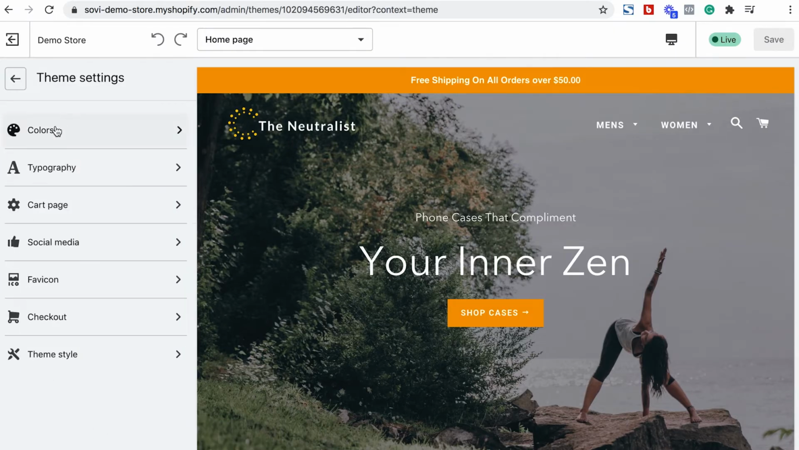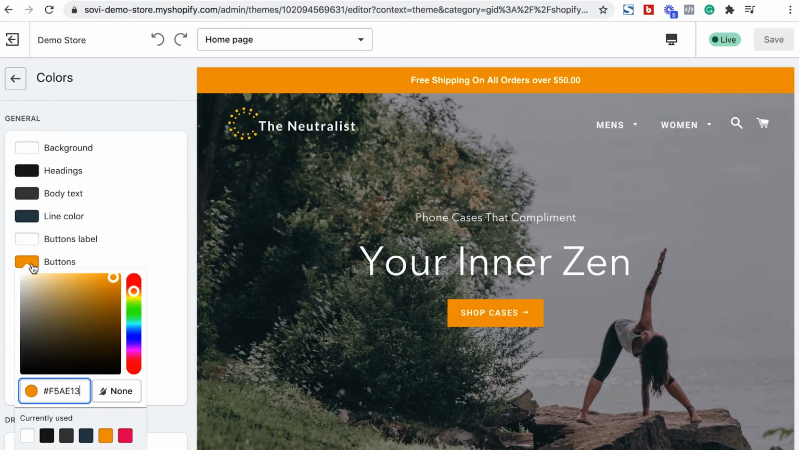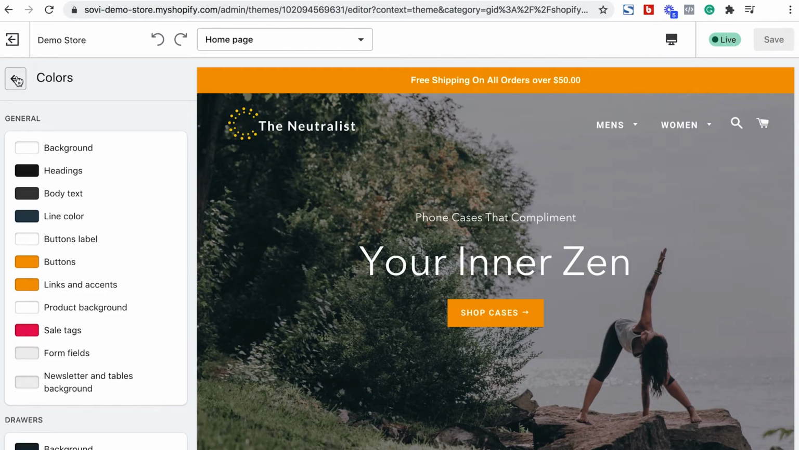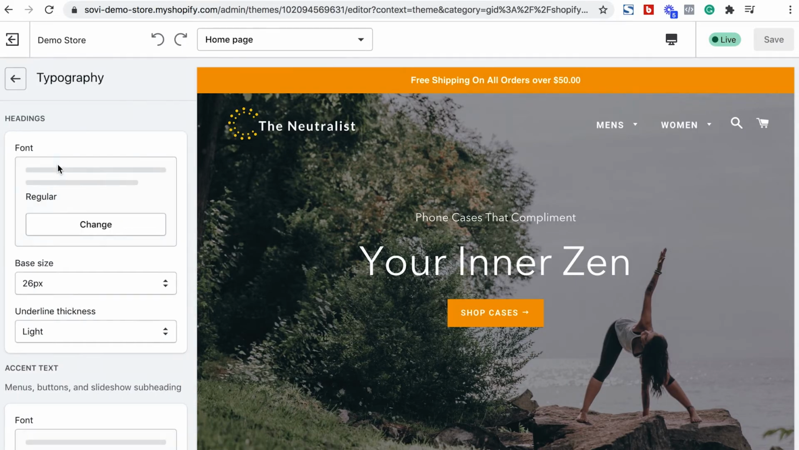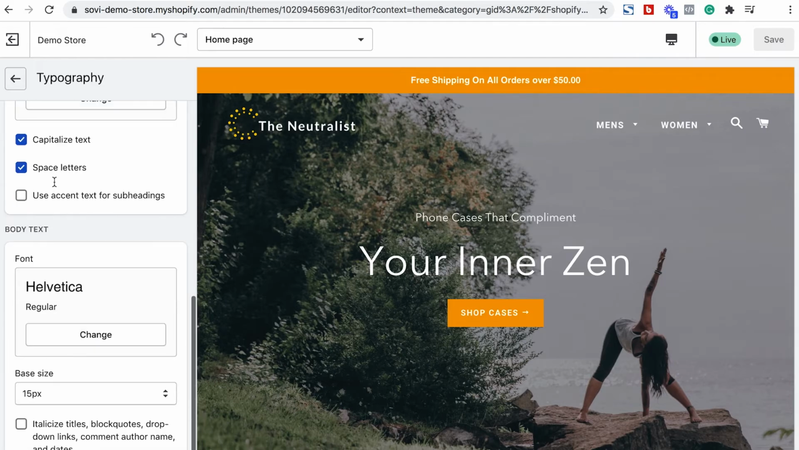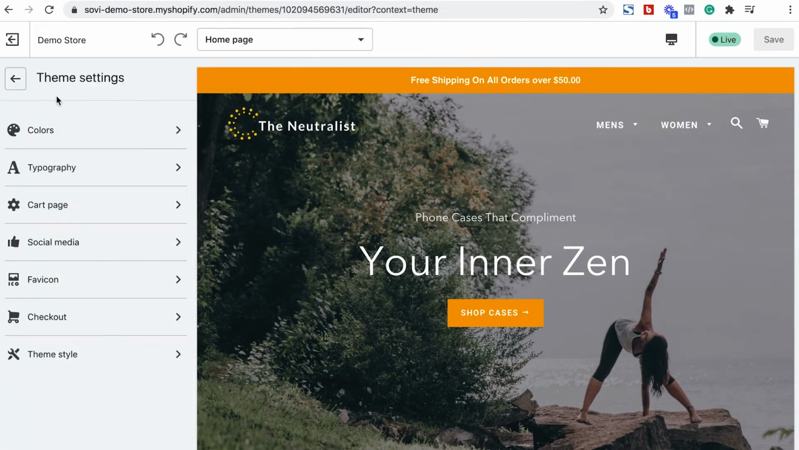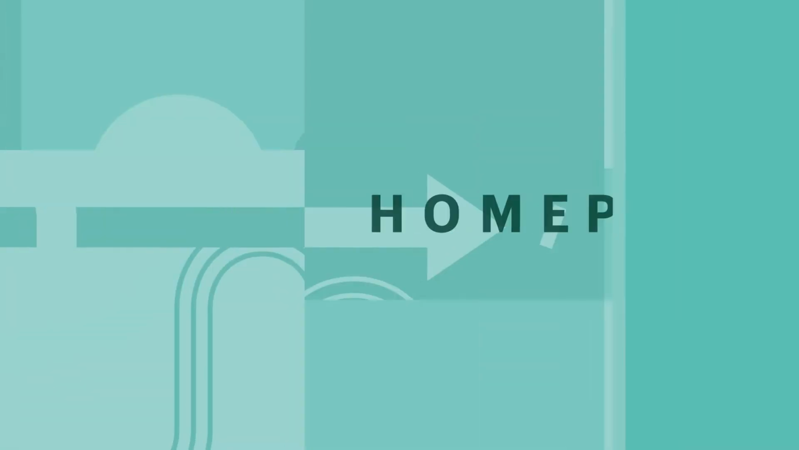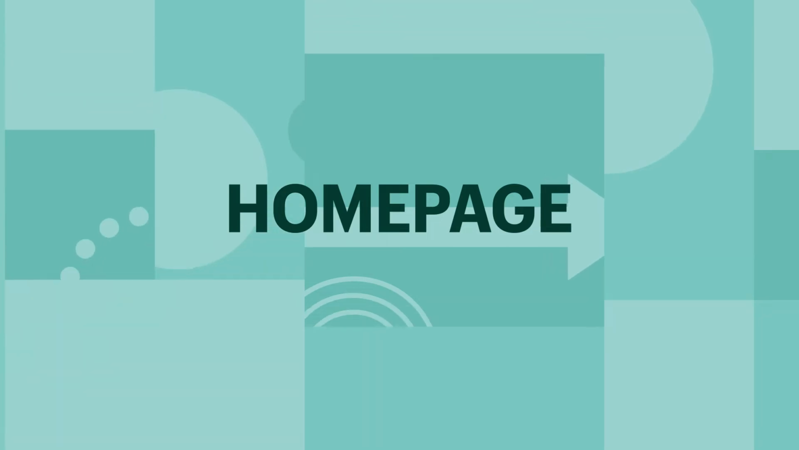Once we click it, you'll notice you can start 1, updating your color scheme based off of the color palette you've chosen, and 2, updating the heading and body typography based on the font choices you've picked. Now note, every theme will have its own set of configurable options, but color and typography will typically be the same. Next, we're going to be talking about your homepage, which is usually the first web page your customers will